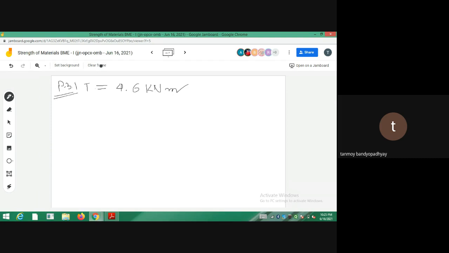So the torque is given and you are supposed to find out the maximum stress that is getting developed in the shaft. So the formula for this one is T by J, that is equal to tau max divided by C, where tau max will occur at C, which is equal to D by 2. C is always equal to D by 2. So what is D by 2? The diameter of the shaft was given to be 76, so 76 by 2 is 38. So that is 0.038 meters.